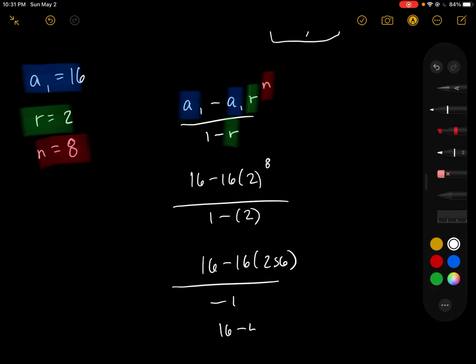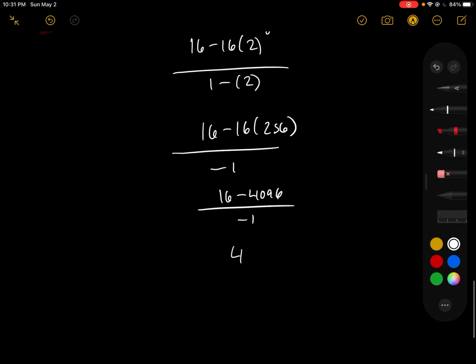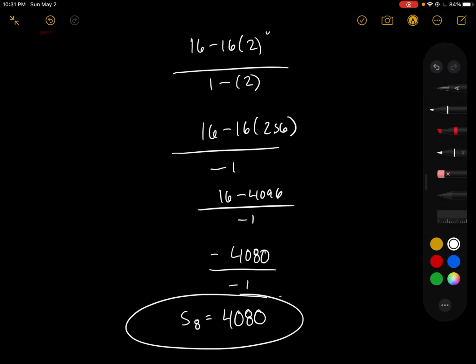And we have to type in 2 to the 8th power here. Multiply that by 16. And then both of those negatives will cancel to get us just 4,080. So our 8th term is 4,080. So again, I say this is mostly an exercise of plugging into a formula and then using PEMDAS second, but I think the key is